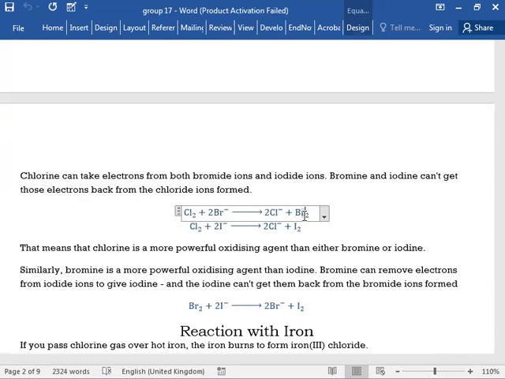Chlorine से इलेक्ट्रॉन ले लेता है, forms क्लोराइड आयंस और वो ब्रोमीन लिक्विड या ब्रोमीन वेपर्स बना देता है। Similarly, chlorine has stronger strength, enough strength to take electrons from iodide too. So it can take electrons from iodine and bromide. So this shows कि क्लोरीन जो है वो इन दोनों से ज्यादा स्ट्रॉन्गर ऑक्सीडाइजिंग एजेंट है।